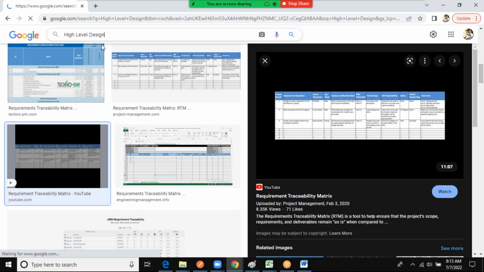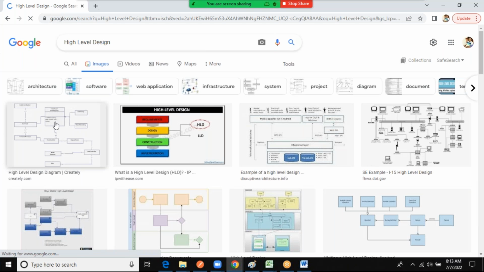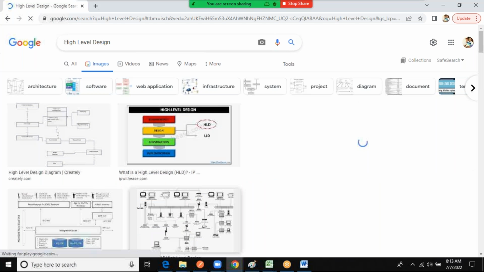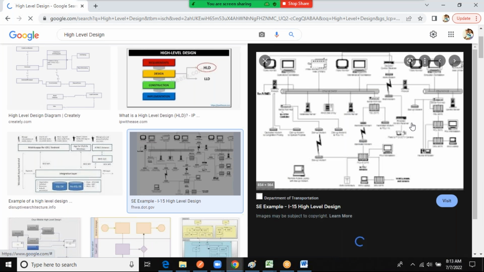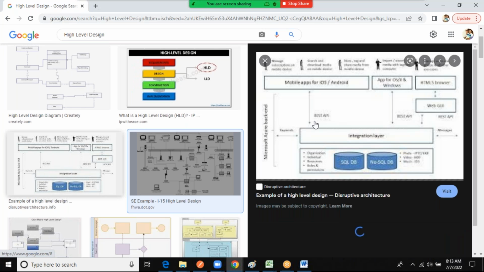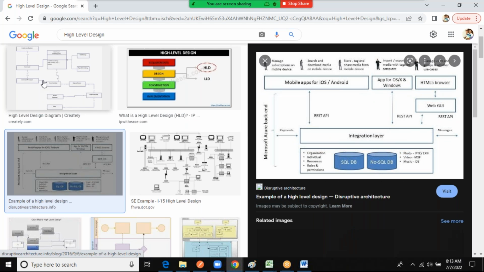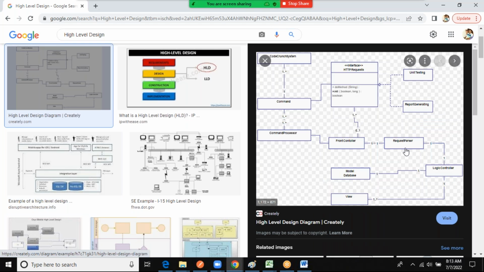It's a kind of document, a flow chart only. See here, this is a very high level design, how all the different modules are integrated. This is from the hardware point of view, but from the software point of view you will have this kind of high level designs, where it will explain this flow. Okay,